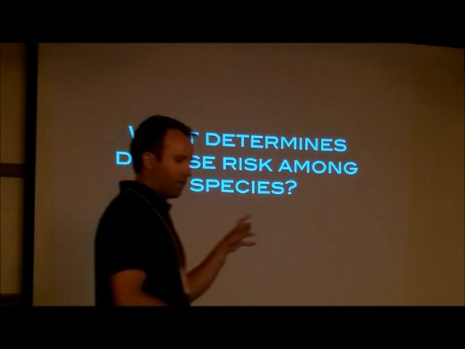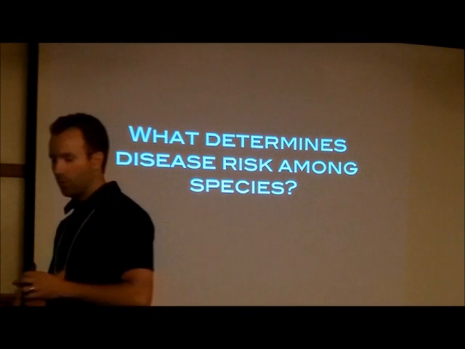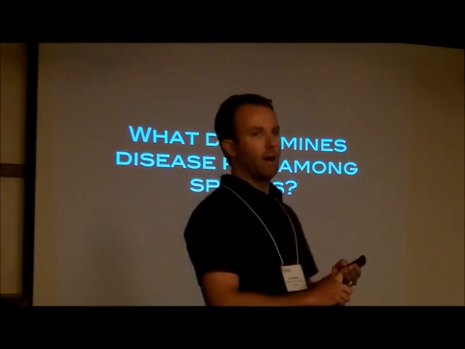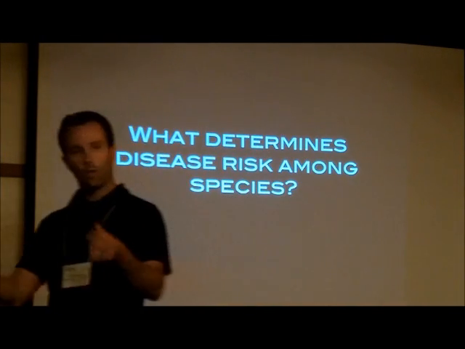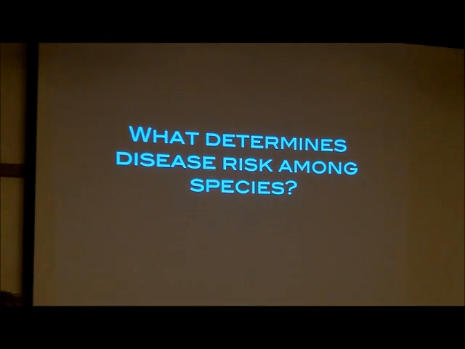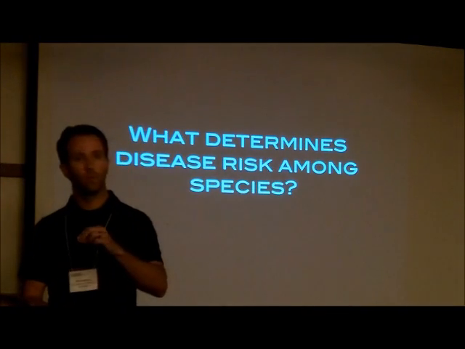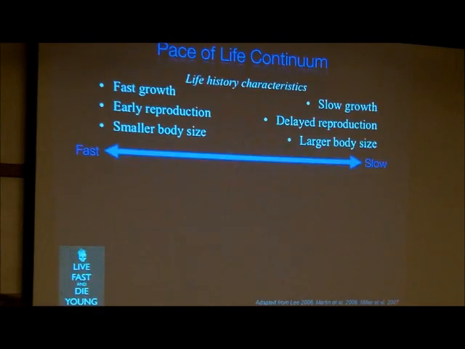So that's just all kind of background. Over the last few years, I think we've learned a lot about what drives disease risk in individual frogs. We know about the role of things like exposure. We know about the role of stage dependency. We know about behavior. What we know a lot less about is what's determining variation among species. And it's a common phenomenon that you can come up to a pond, you can find one amphibian species showing a high level of malformations and a lot of infection to go along with that. And yet another species there at the same time, even emerging at a very similar time, shows few malformations and very, very little infection. So we've been trying to think about why this is,